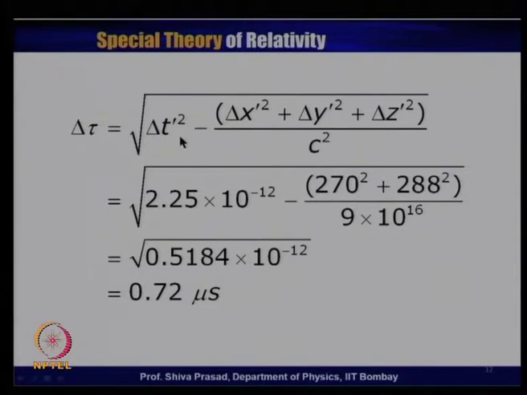We have delta t prime, which we had calculated as 1.5 into 10 power minus 6. So, we take a square of that. This becomes 2.25 into 10 power minus 12. Now, delta x prime is not 0, which happened to be 270 meters. So, I take 270 meters square. Delta y prime was of course same as earlier, which was minus 288. I square it. So, minus of course becomes plus. This is 288 square. Delta z prime of course is 0, divided by c square, which is 9 into 10 power 16. I calculate this number. This gives me exactly equal to 0.72 microsecond, which we have obtained